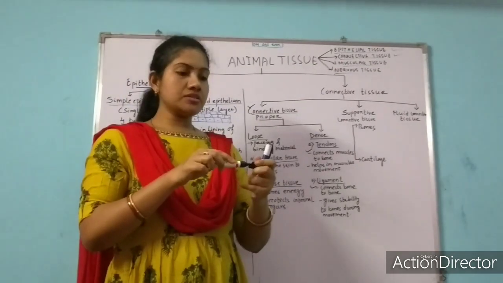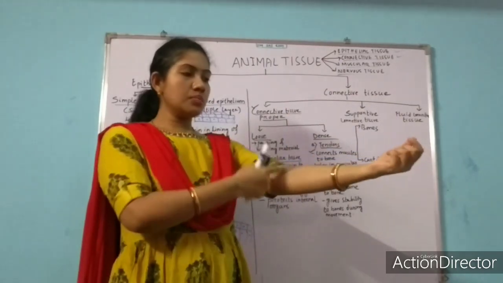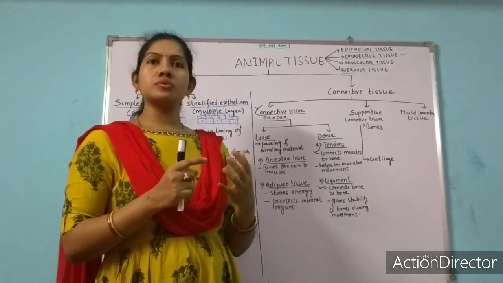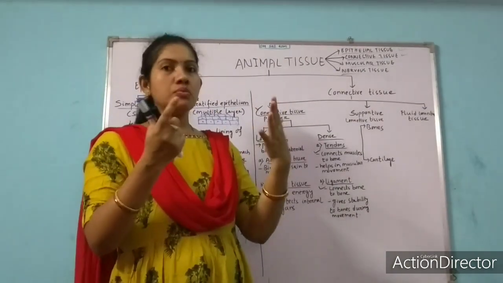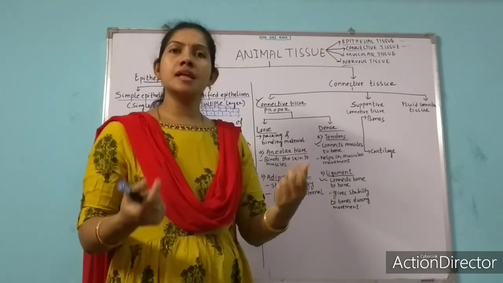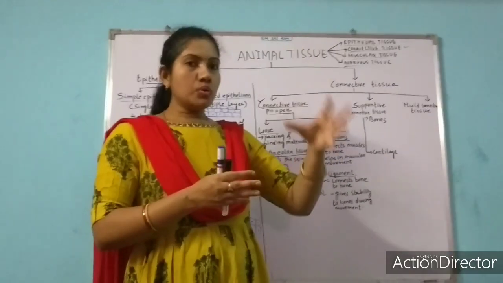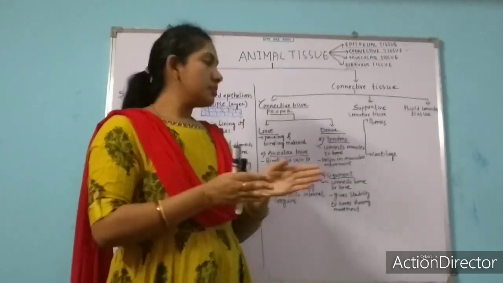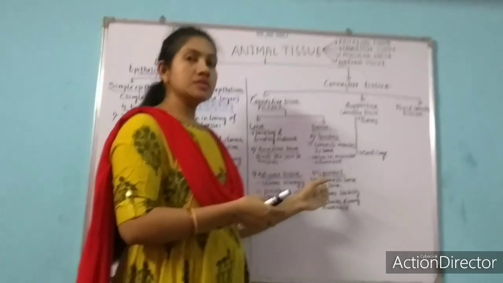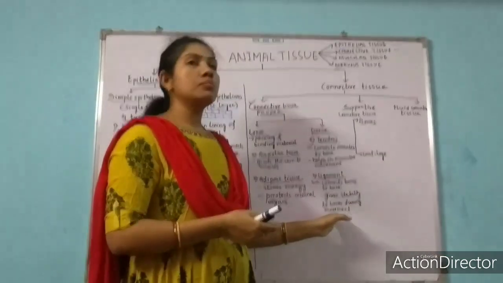There will be a connection. See, if you can see here, we are able to move this. This is a bone and this is a bone. There will be a connection in between the bones. In the leg, or neck, any bone, there will be a connection in between, so that we are able to move our hands, legs and all. So the connection between bone and bone is made by ligaments. And again, one more function is that it gives stability to bone during movement.